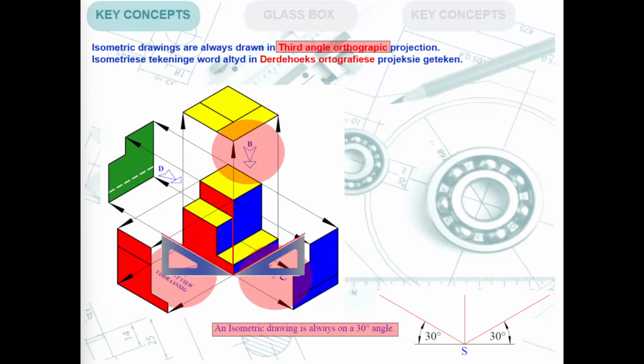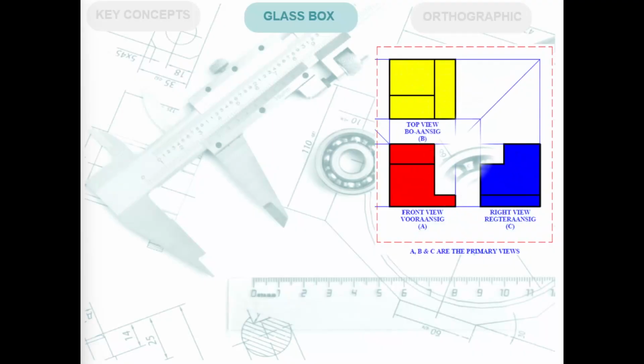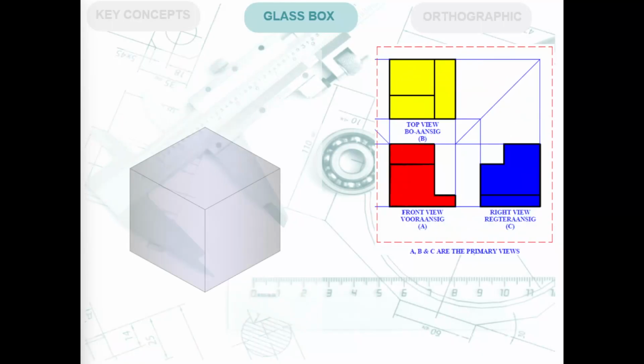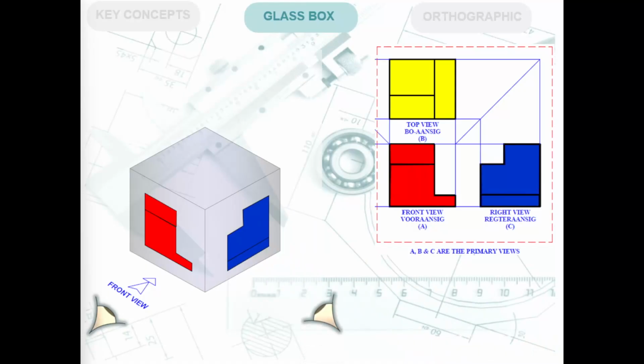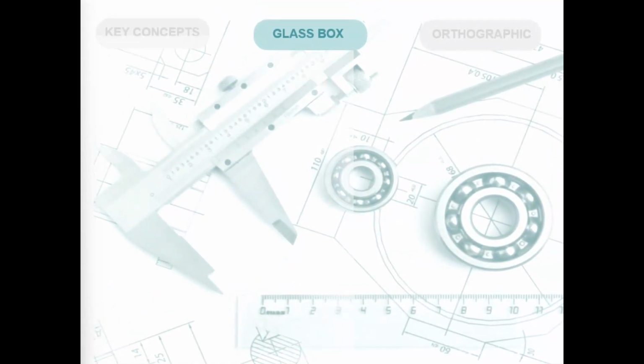It is very important to get a visual feel for isometric drawings. To do that, we will look at the isometric box, also referred to as the glass box. So if we can take our orthographic views of our model, and we know that we've got our front view, and we have to place it within our isometric drawing, we can see that one will be my front view on the left side of the isometric. If I look at my right view, it will be on the right side of my isometric box, and then also my top view will be at the top of my isometric box.